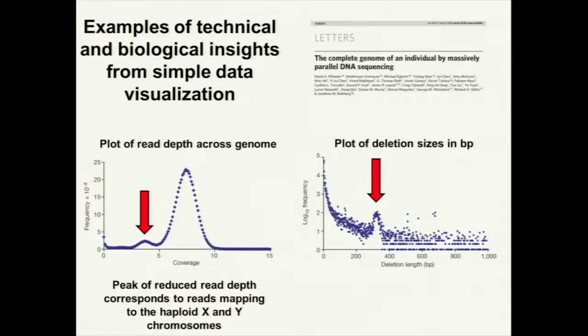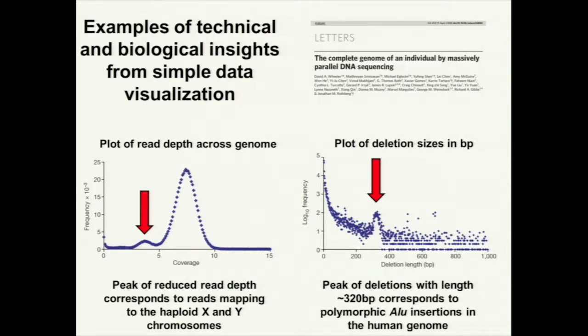And again, when you get humps in plots like this with many, many data points, it's usually telling you there's something going on. It could be technical, it could be biological, but it's saying, what is this? And in this case, the size of that hump is about 320 base pairs, which corresponds exactly to the size of